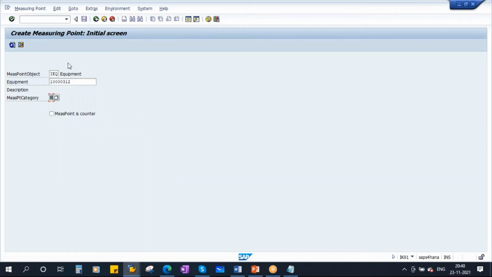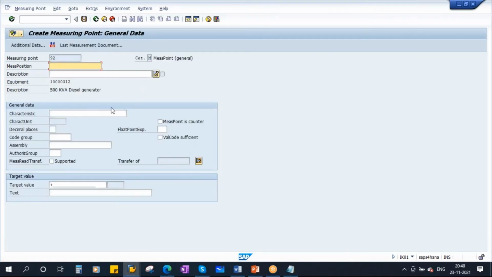Now if you are creating a normal measuring point, don't select this checkbox. If you are creating a measuring point as a counter, you need to activate this checkbox. But first let's create a normal measuring point. Enter, you will be getting this screen. Here the system automatically has assigned a number to the measuring point. When we go to configuration, I will show you how it is assigning the number. Measurement position, enter 01.